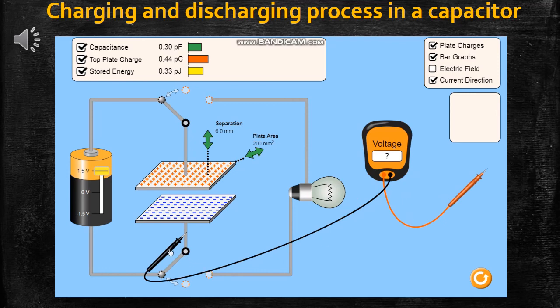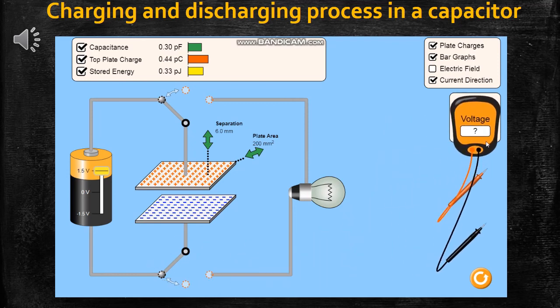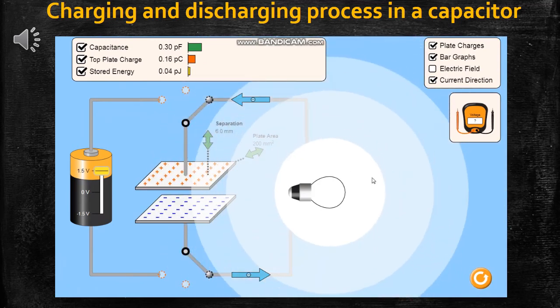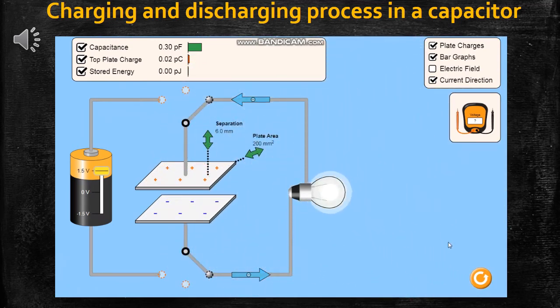After attaining the maximum limit of the charges, the two ends of the plates have to be disconnected from the cell and connected across a bulb. Now all the stored charges start flowing from one plate of the capacitor to the other plate in the form of electric current. When the stored charges are converted in the form of current, the bulb starts glowing. So after the discharging process gets over, there won't be any charges on the plates of the capacitor. This process is called the discharging process.